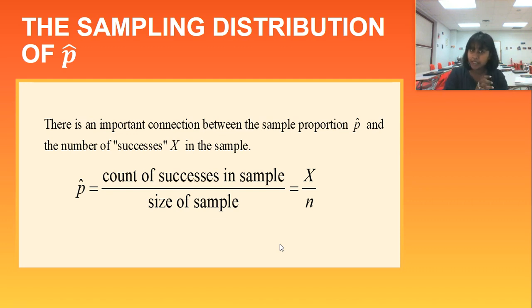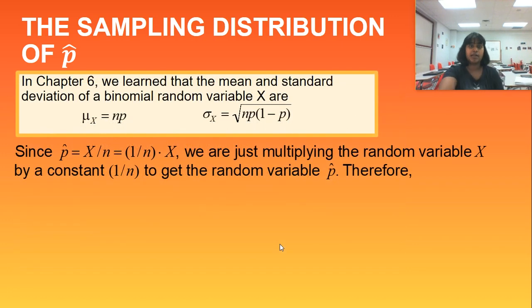Really cool. We have a connection there. But let's further continue talking about this. If we go back to chapter 6 and we really recall the binomial random variable, so this particular simulation met